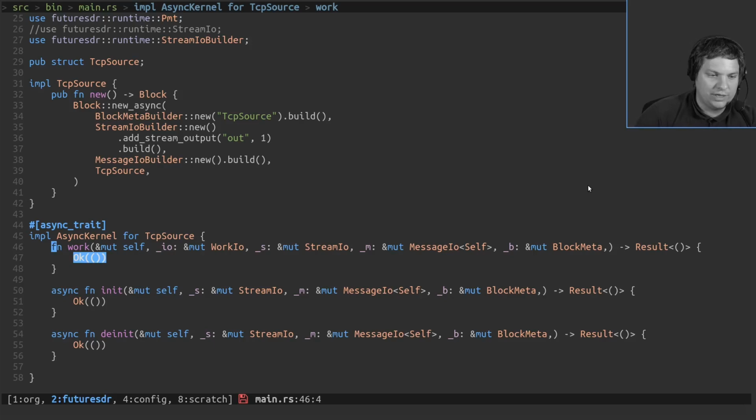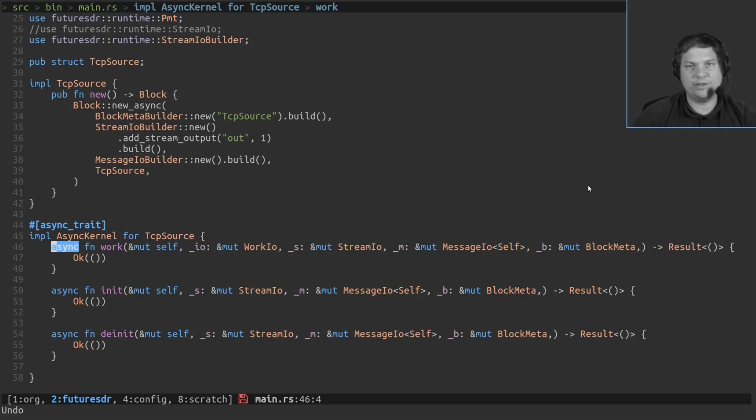But a sync kernel would have a normal work function, and this one has an async work function. The main reason is just performance. You could use the async function for everything, and you don't have to await something in it. But there's an overhead associated with it, especially in this case, because it's an async trait function. I don't want to go really deep into the details, but there's an overhead in the implementation associated with calling this function, and this is why there's also a sync version. I don't think that it makes a whole lot of difference, but anyway.